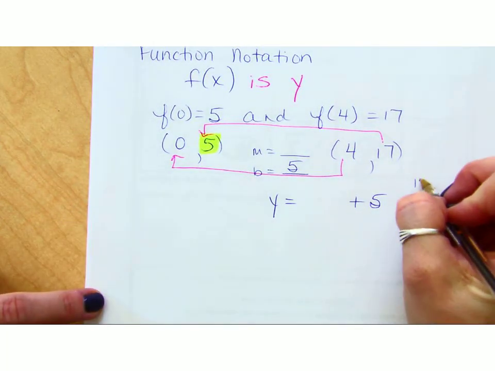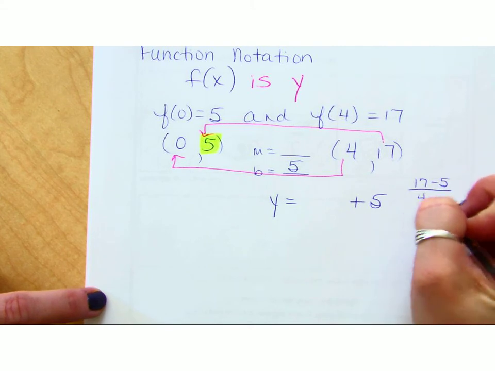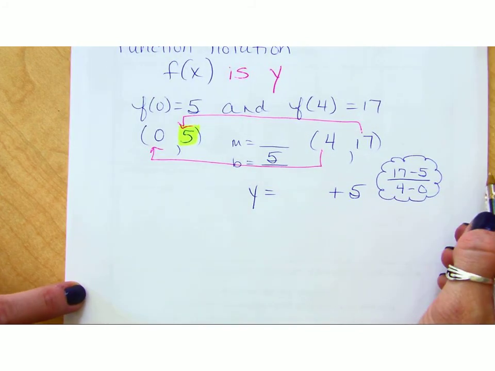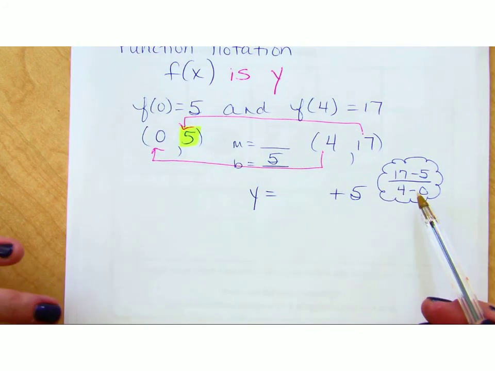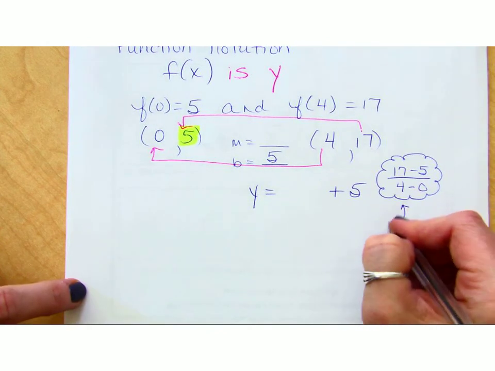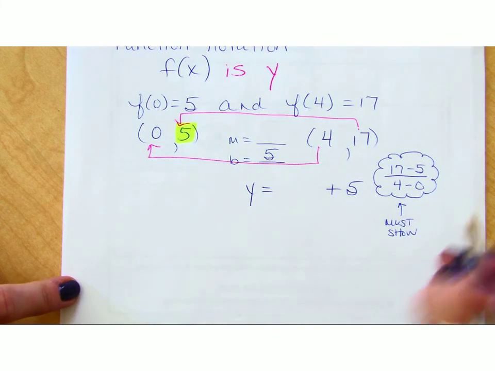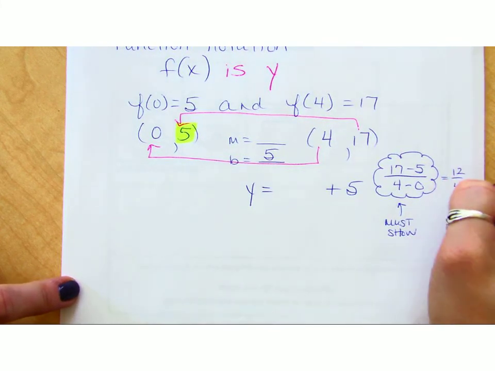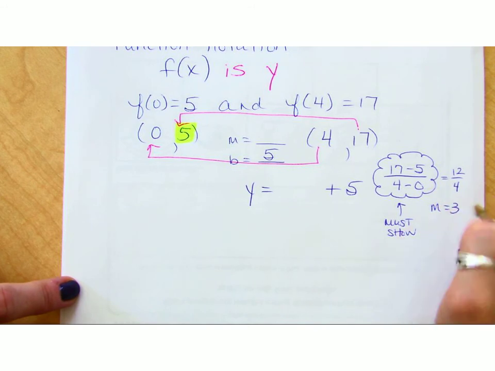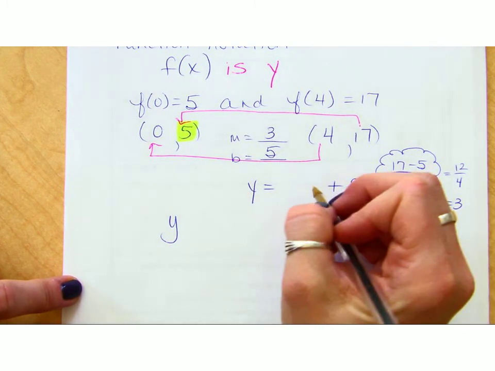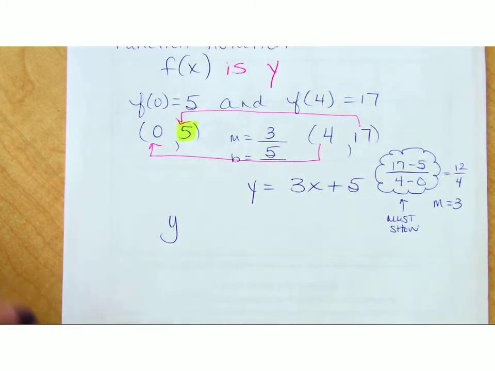And please, when you do this, this is not a step that you can skip. I need to see this. Because if you calculate wrong, I don't know what you did. I don't know if you set it up wrong or if you just messed it up in your head. You must show this as part of your work. This is the way I get in your head to know whether you're doing it right or wrong. What is your slope? 3. Now that you have your slope and your y-intercept, you can write the equation. Good? Writing linear equations in slope-intercept form when given